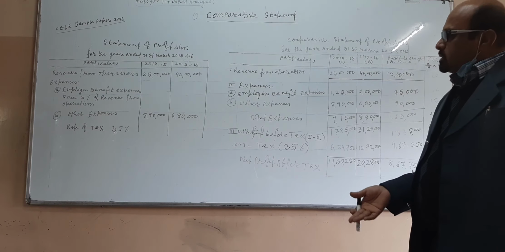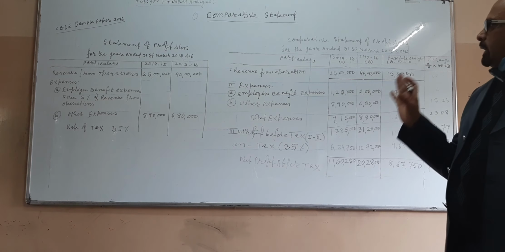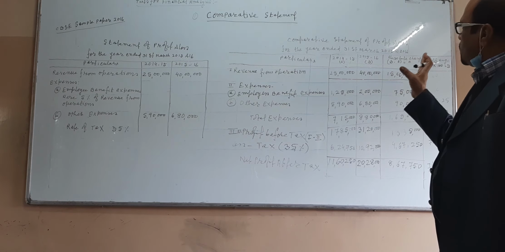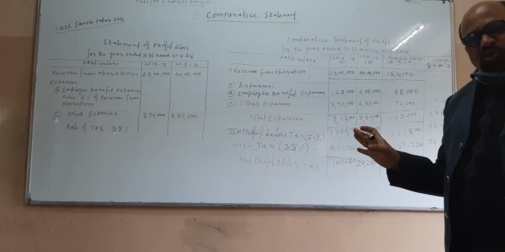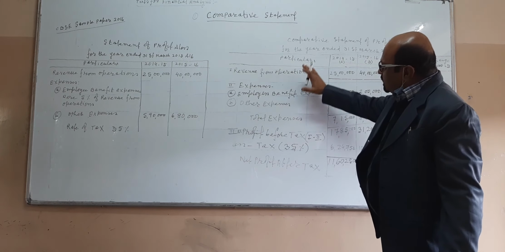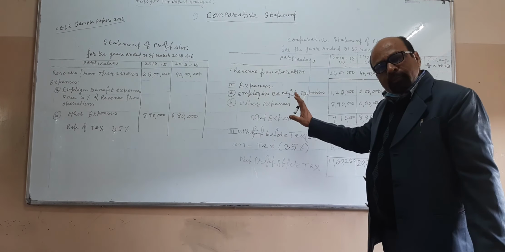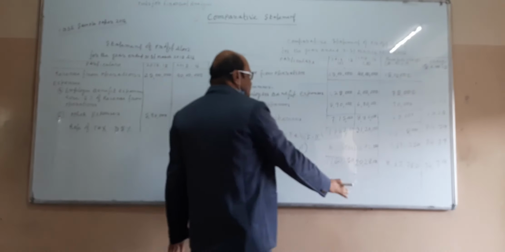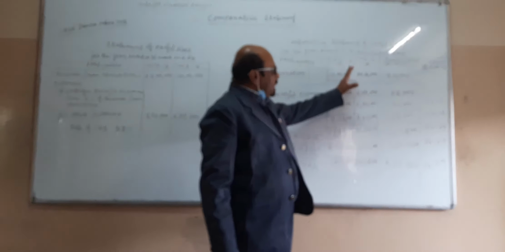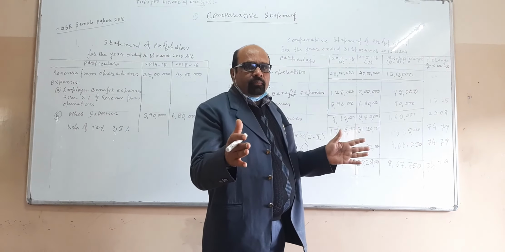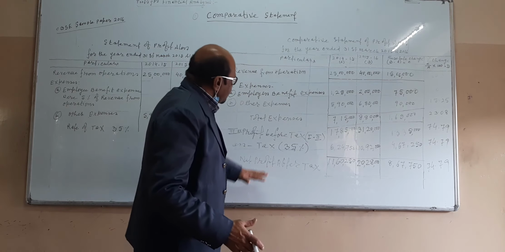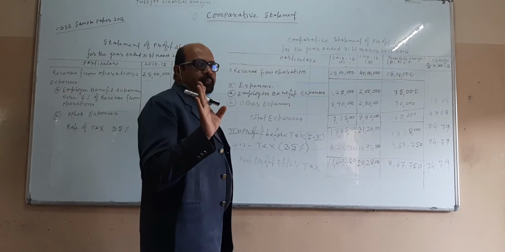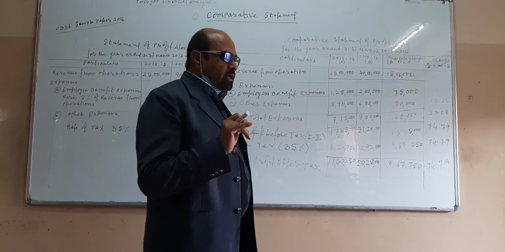Right? In the next class, I will solve another question which is related to the common size statement of profit and loss. In that question also, the writing style in the particulars column, we write all the amounts in the same manner, but we write the amounts of other items, other figures, other columns in a different way. But the way of writing the particulars column, amounts, items is similar.